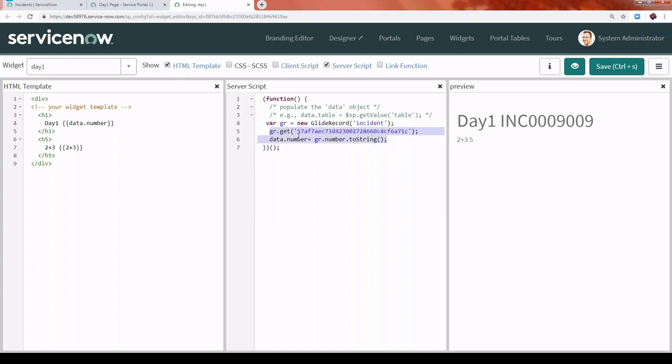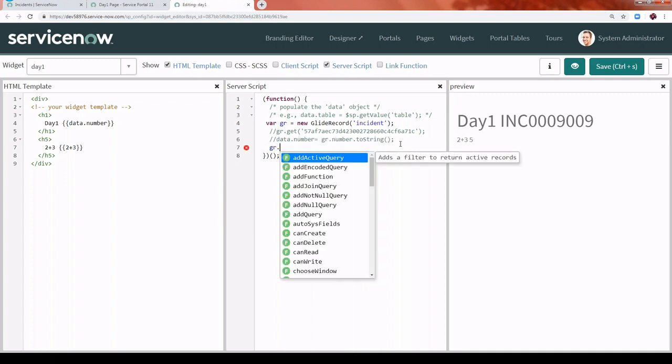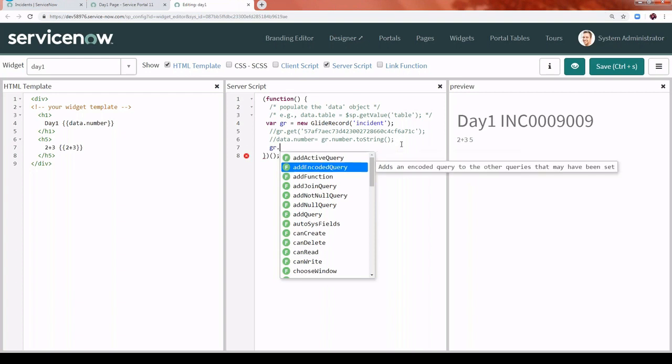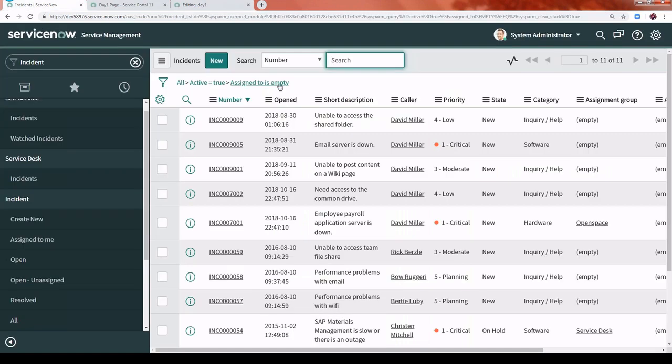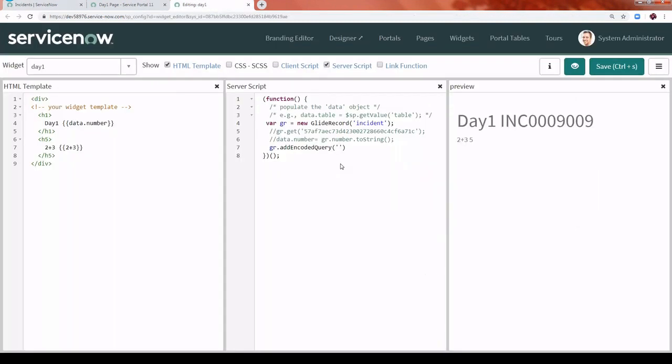So let's query that incident table. We were querying this one previously, so let's comment that one out, and we'll query the incident table. So add an encoded query, then query. This is our encoded string. If I right click here, I can copy this query, paste it here, and then